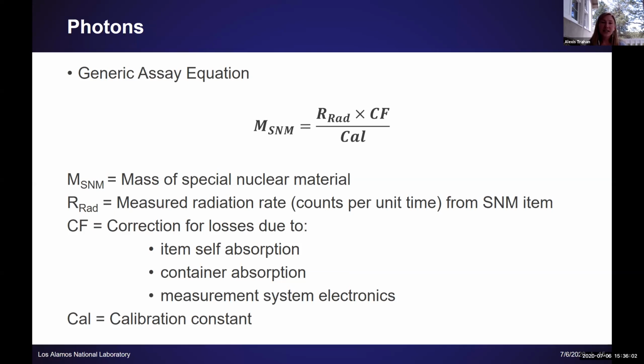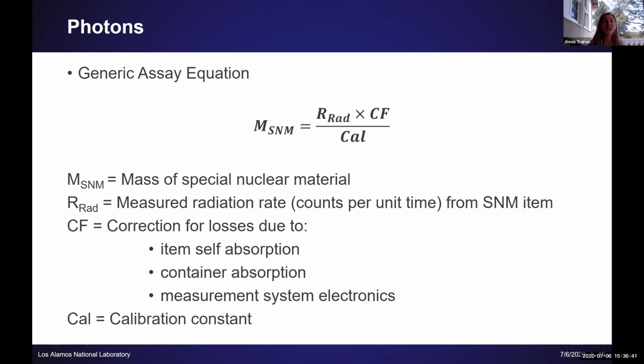The reason for this is that gammas are a lot more subject to interference from the materials within the container, or even the material itself that's emitting the gamma rays, because as we said, gammas are shielded by high Z material. And what is uranium and plutonium if not high Z material? So these items are what we call self-shielding. The special nuclear material is self-shielding when it comes to gamma rays. That means you're only detecting gamma rays from the very outer few centimeters at best of the item that you're measuring.